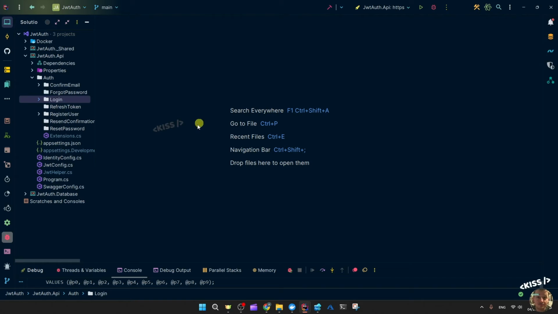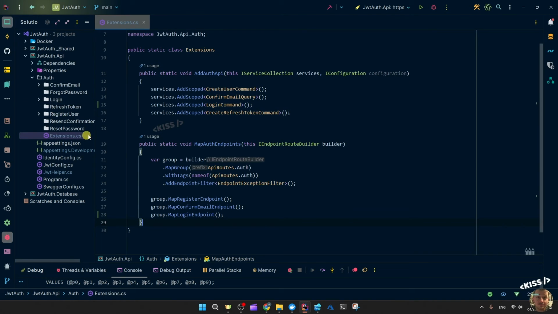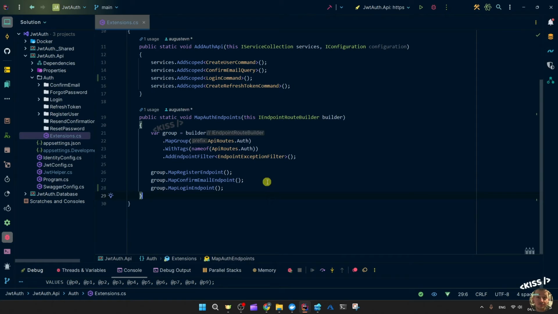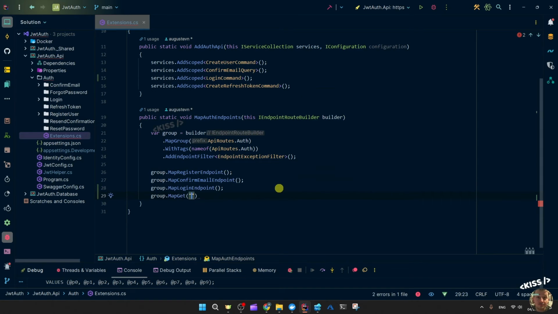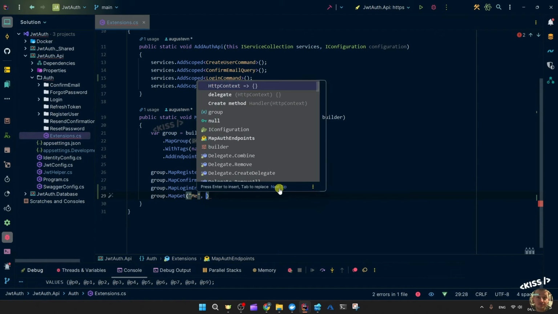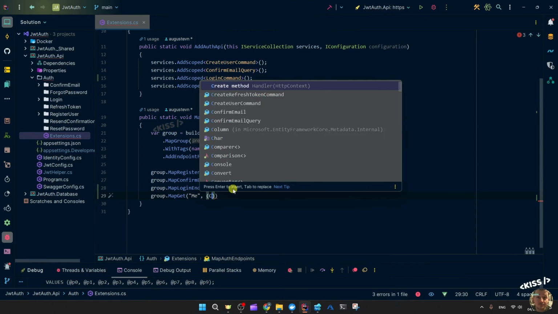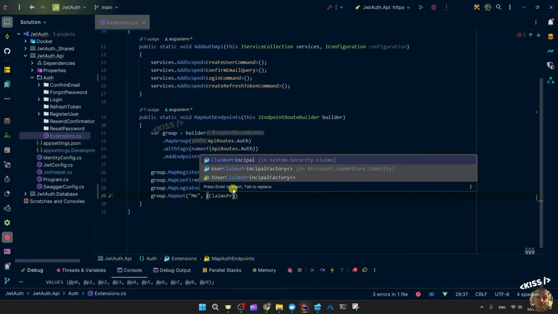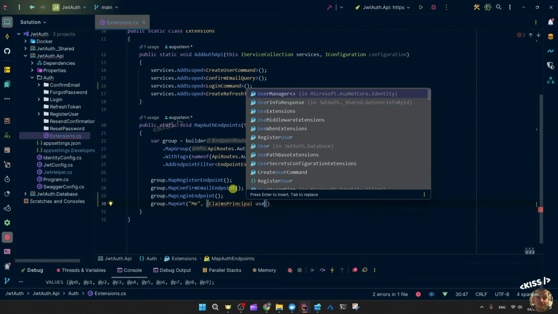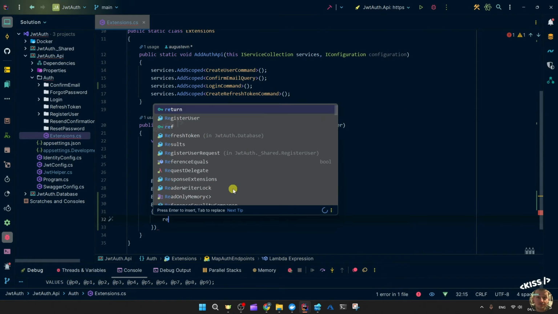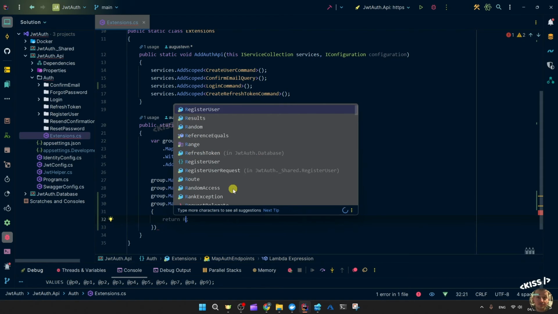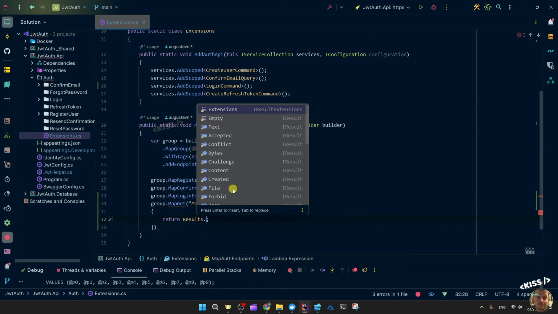This one doesn't really need its own folder, but you could if you want to. That's actually simply going to be something like group.MapGet, and then you could call it me or user info or whatever you want. Going to access the claims principal. We can call it user. That actually comes from the HTTP context accessor, and we can simply return Results.Ok